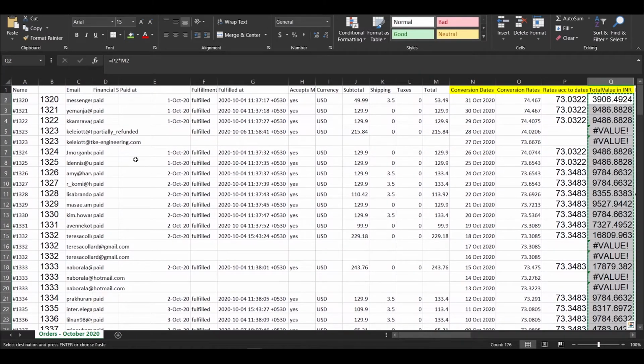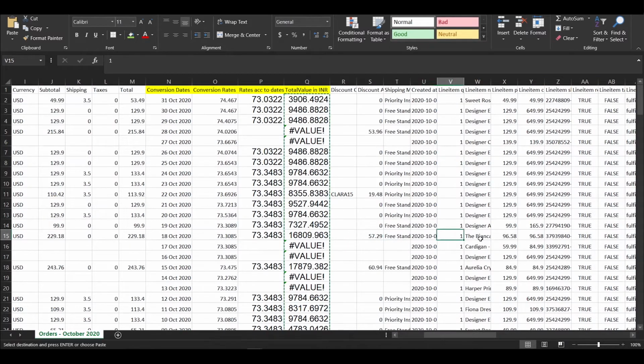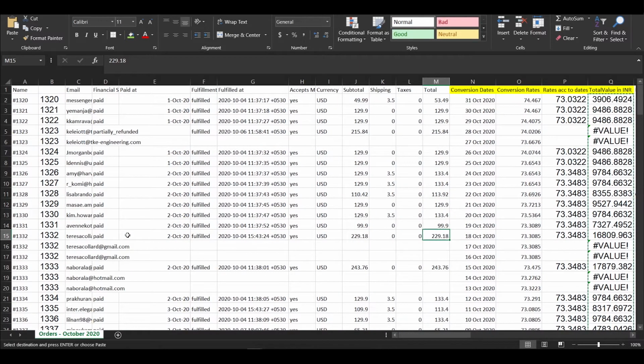So guys, also do note that for example here invoice number 1323, it doesn't have a date but it was placed. Since this order was refunded, that's why the date is missing here. So we can manually put the date here and here. These 3 columns are same. This means that it's a 3 item order. As you can see, it's a 3 item order. So that's why the other 2 columns are empty and only the first column has the total value in it. So that's what we need. So we'll be deleting the other 2 entries.